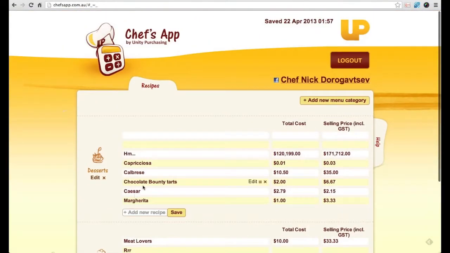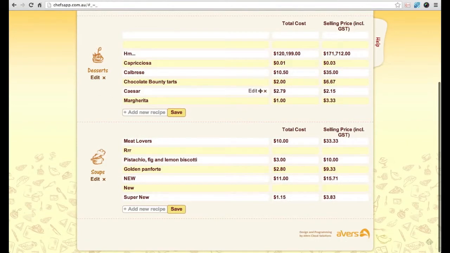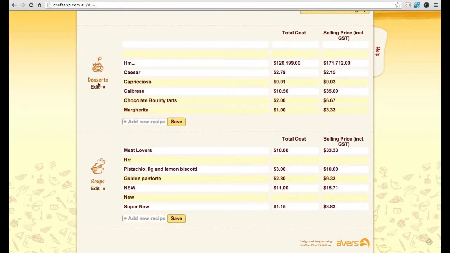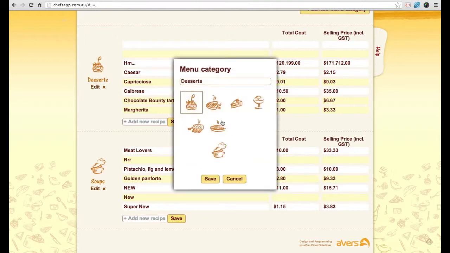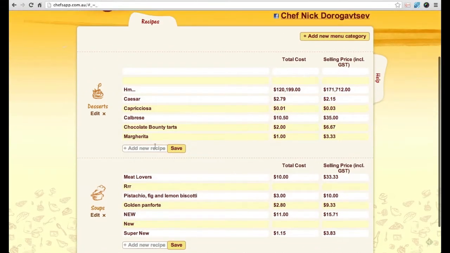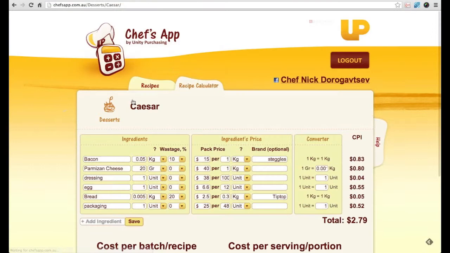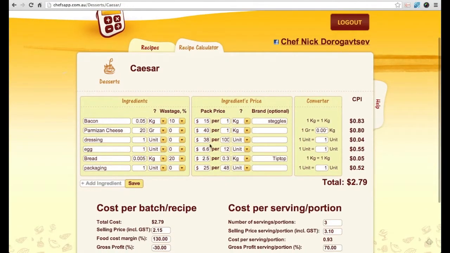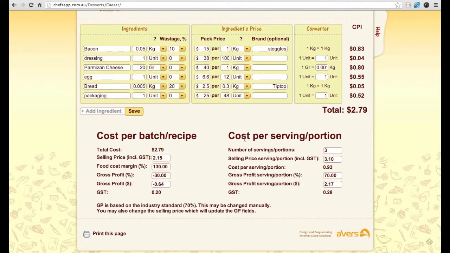Then you have all your recipes. You can sort them as you want. You can put them into different groups, apply different logos. We offered this customer quite a few logos to choose from. So then within the recipe, let's choose one, for example, Caesar salad. Again, you have all these different ingredients, and you can calculate the price per ingredient, which is easy. What usually chefs do on a napkin, now they can do online and with their mobile phone,